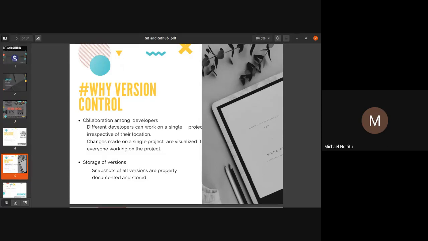And using Git or version control in general, it is very easy to collaborate, to work on the files and everything else. Changes on a single project are visualized to everyone working on the project, so you're always at par with where everybody is. You'll never be left behind.